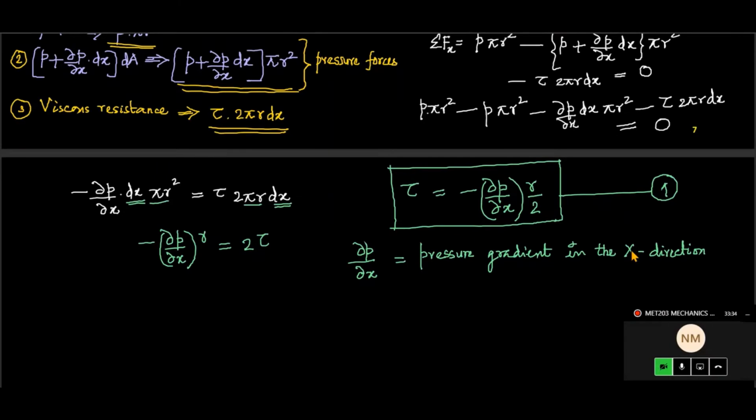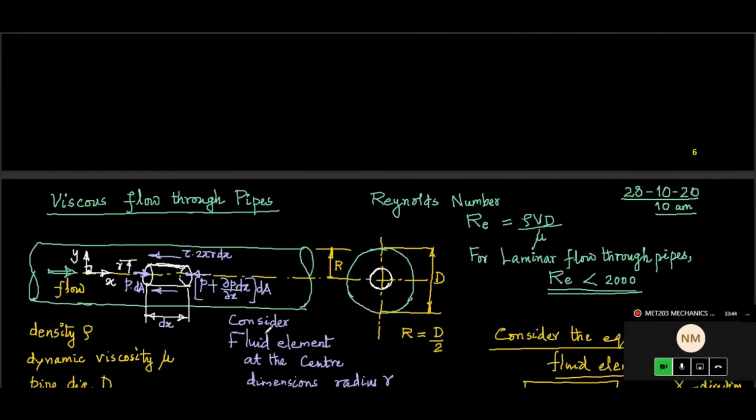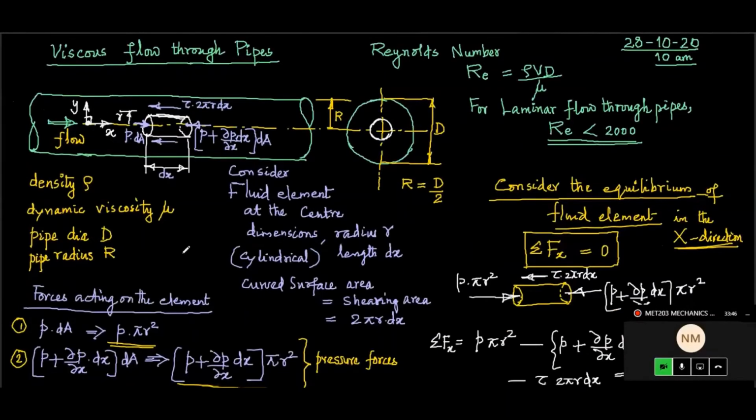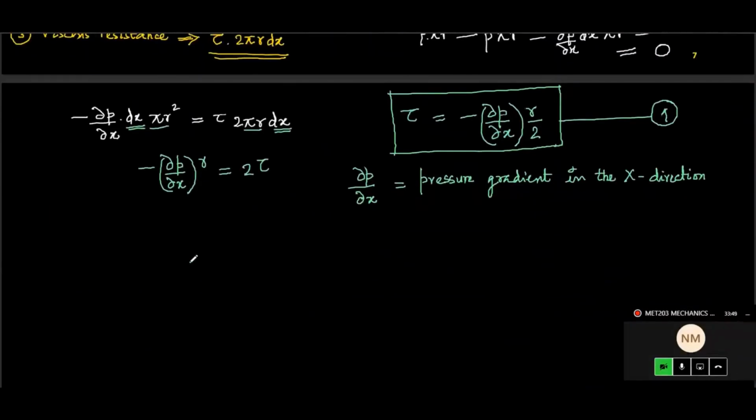So change in pressure with respect to x distance. X distance is the axial direction. If the pipe is horizontal, like the one we considered here, x direction means the horizontal direction. Now for the variation of shear stress, if you want to plot it, the pressure gradient in the x direction is essentially negative. How do we know that? Due to viscous resistance there will be a pressure drop, so the pressure along the flow direction decreases, and that drop we have to assess.